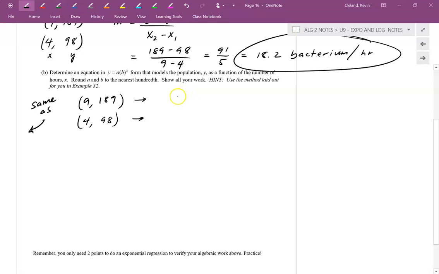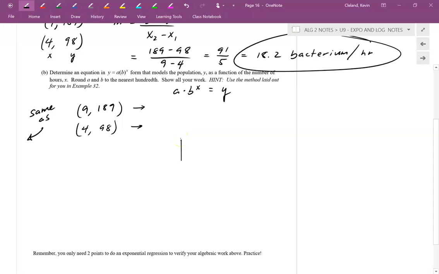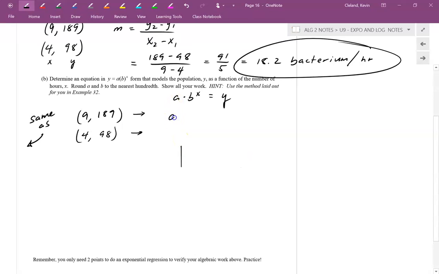to the general form of an exponential. You'll notice that I'm going to start to do it more like this. A times b to the x equals y. I just find it a little bit more practical to have the y value on the right. So we got a times b to the ninth equals 189. And we got a times b to the fourth equals 98. Dividing these to cancel out the a's is going to give us b to the fifth power equals